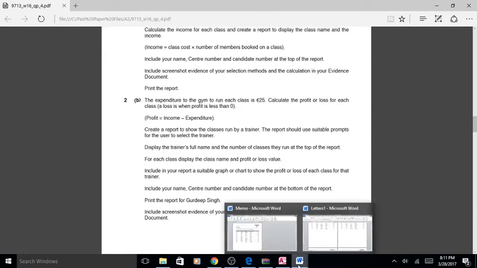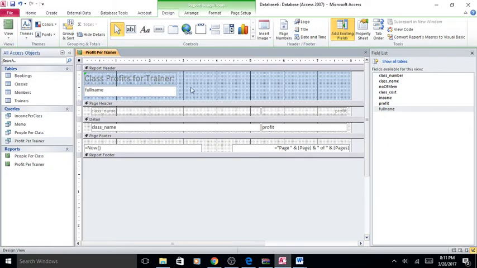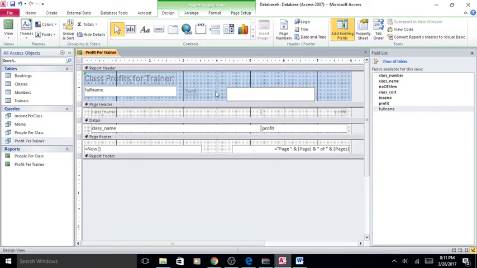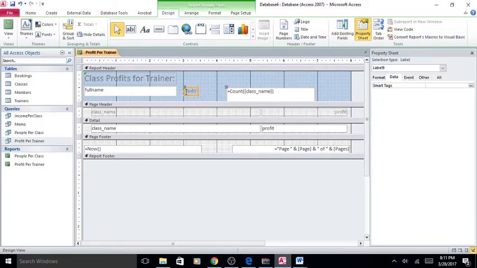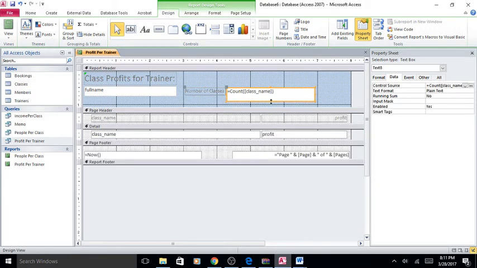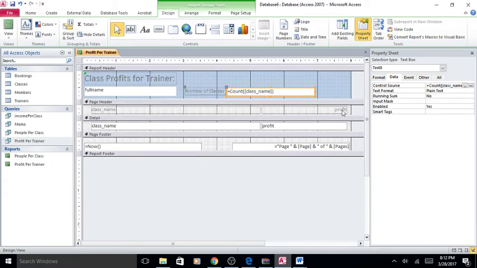And you want to display a count of the number of classes he does, so we can do text box, which is going to equal count class underscore name. This text box might want to read something like number of classes. Again, this is one of these ones where formatting and laying out, if you've got more time, I'd spend a bit of time making it look good, but